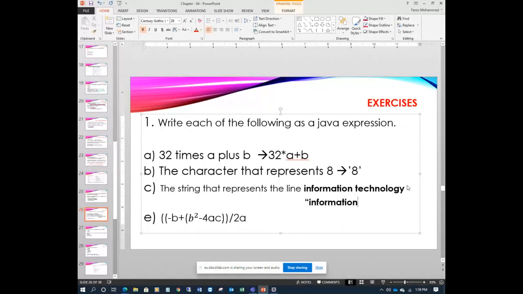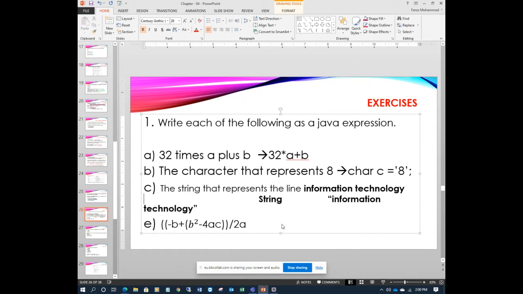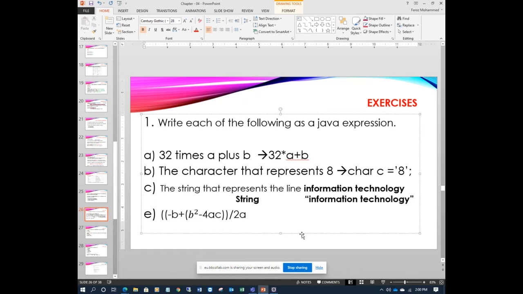Information. If you want more, you can write like this: String, for example a line, message, msg, equal to, use a space.